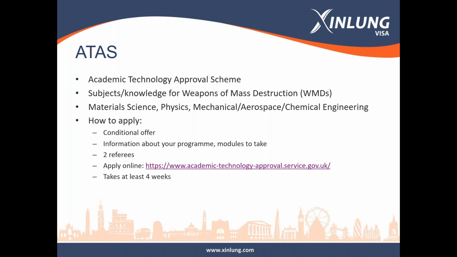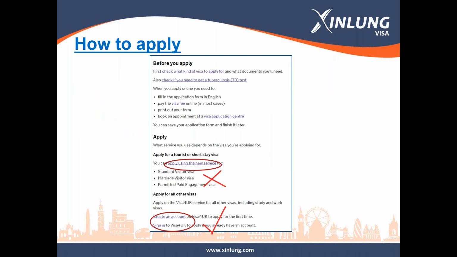One thing to be noted is, for the ATAS application, we do need 2 referees. It can be your academic referee, which means your university lecturer or professors will be really good. Or if you have work experience, you can go to your previous employer for a reference. Once we get our ATAS done, the UKVI will send us a PDF document by email. When you receive your PDF ATAS approval certificate,